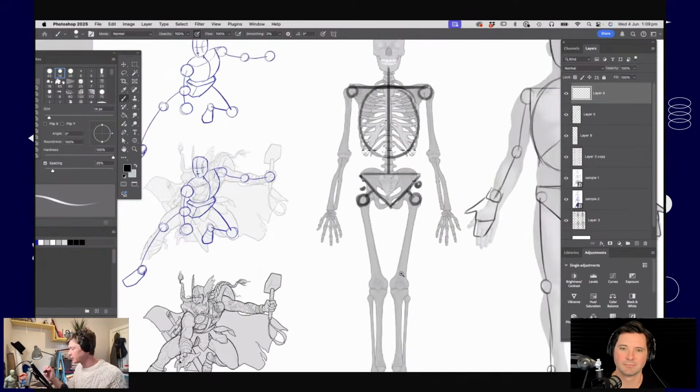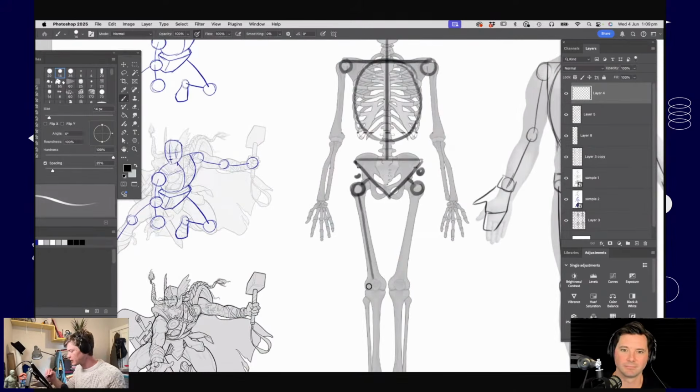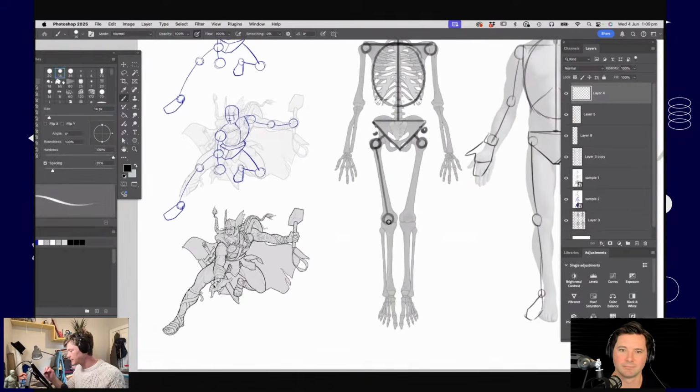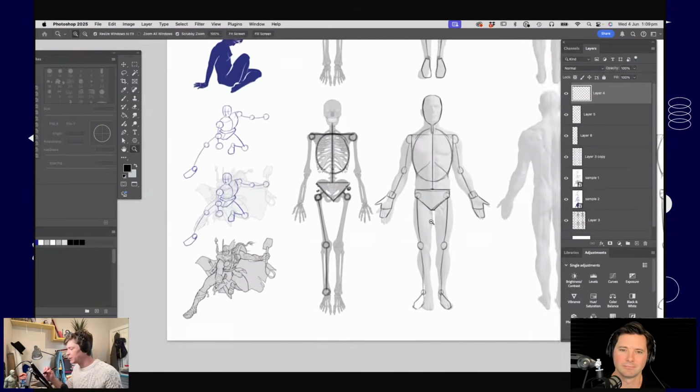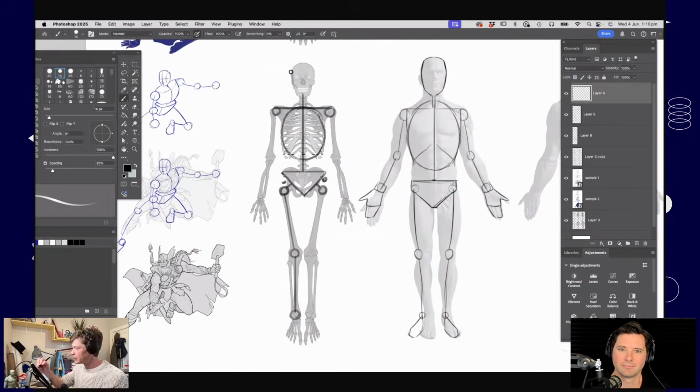So I've put some circles on the side of the pelvis then. I'm going to draw some lines down the knees. And again, if you look up figure drawing online, there's a lot of discussion about getting the proportions right. And there's a whole study of how to get the right proportions in your figure. So they all kind of join up. I'm not going to get too lost in that.